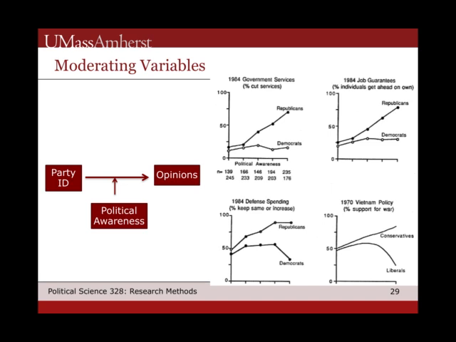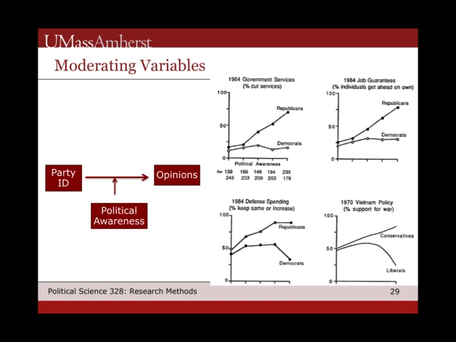Until I started teaching this course full time, I often found myself having to go back and check my notes on this. But moderation is something where, in essence, the slope changes. So in all of these graphs that you see to the right here, these are the equivalent of that scatter plot that we saw, but now we've got a line graph. In the first one we have support, the proportion of people who want to cut government services, and the level of political awareness. And what you can, in essence, see across here is that